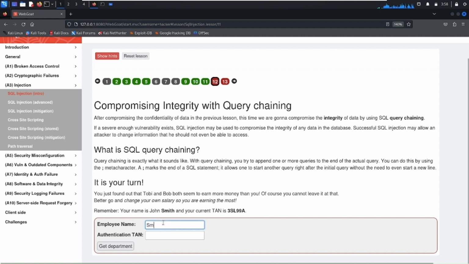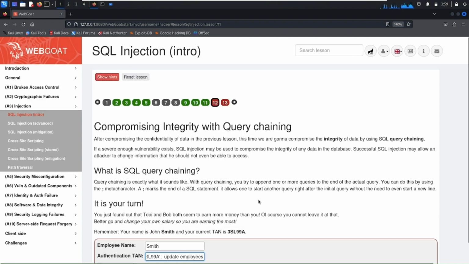Fill in the last name of the employee, which is Smith. After that, the unique code. After that, add a closing quote and a semicolon to end the query. Now we'll write an UPDATE command which will update the salary of Smith. UPDATE, then the table name employees, SET salary equals to, so we have to set it to more than Toby, which is 84,000,